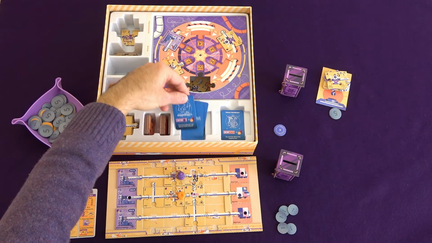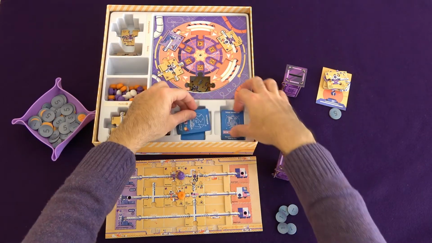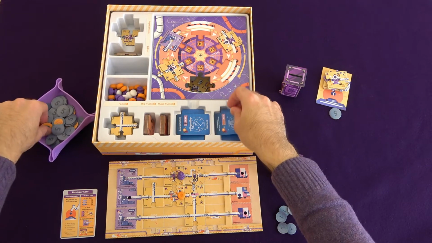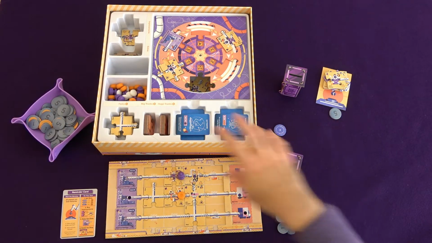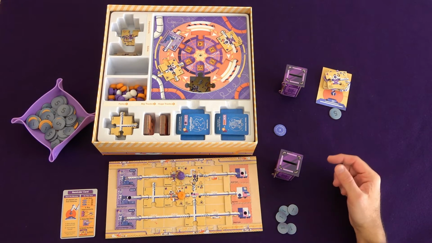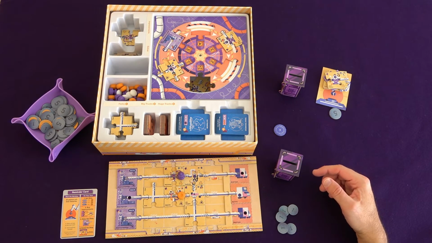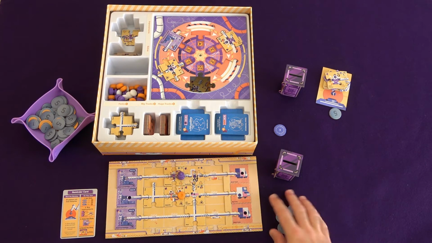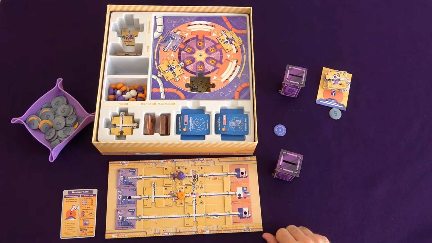to activate this card, which gets me 20 coins. So I'll put a 20 in there. Those both get turned sideways to trigger the change at the end of the round. I've got $5 to spend if I want to. Yeah, I'm gonna spend 5 to